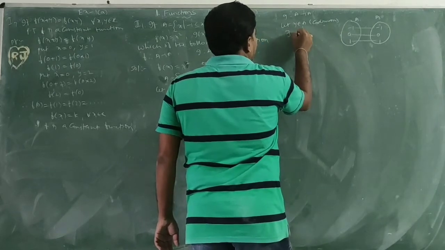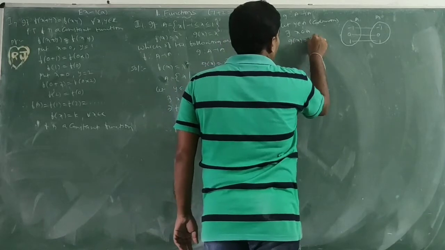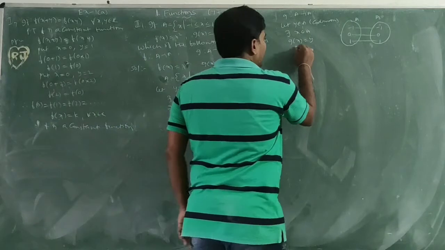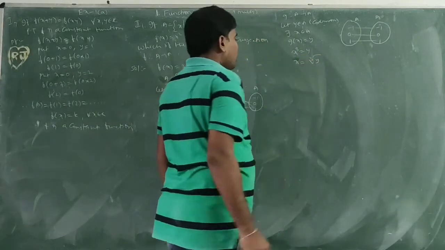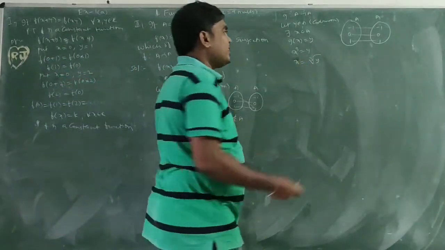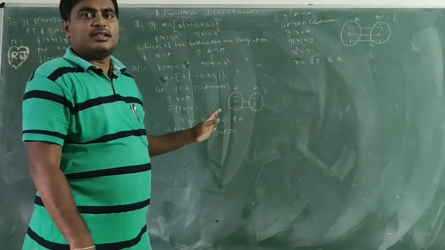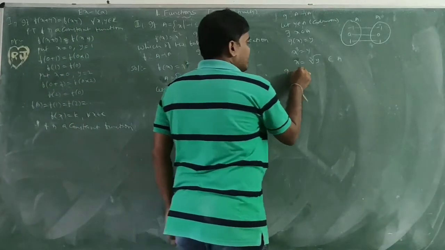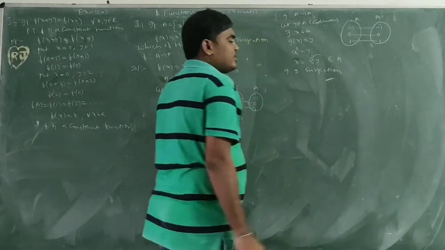So then there exists x belonging to A in the domain such that g of x equals y. So x should be associated with y. What is g of x? x cube equals y, so x equals cube root of y. For negative numbers, the square root does not exist, but the cube root exists. So the square root of minus 1 does not exist, but the cube root of minus 1 is equal to minus 1. So g is a surjection. f is not a surjection, but g is a surjection.